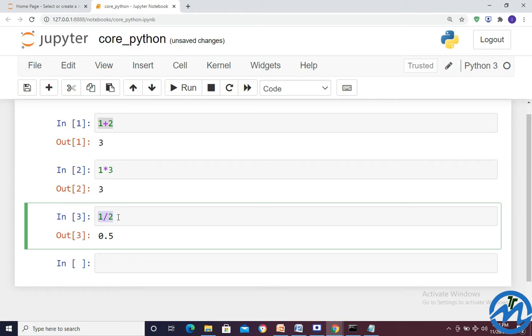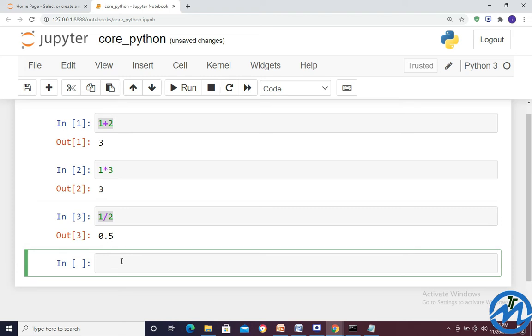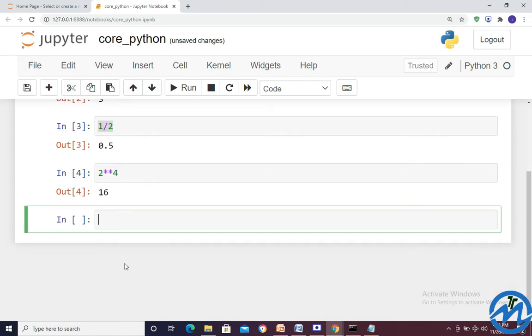Now what I wanted to do here is see the power. If we want to see the power of any data, how can we see the power in Python? In Python, we can see the power in this manner. Suppose we want to get 2 to the power 4. So we have 16. 2 to the power 4, we got 16.